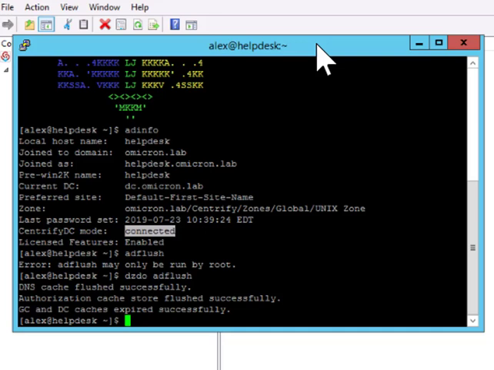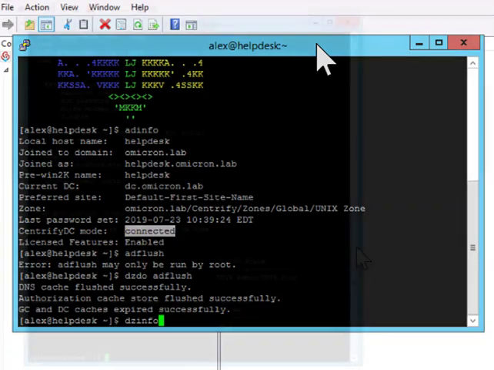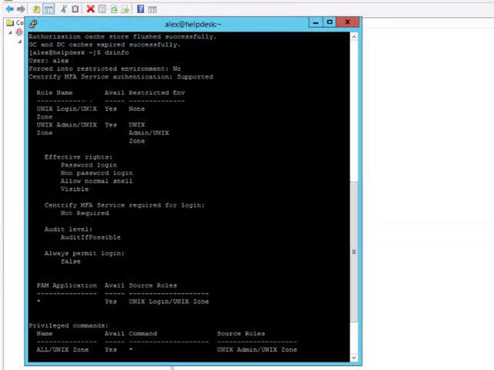So how do we identify what roles and rights have been assigned to a particular user? The tool that we would use for this is dzinfo. Now dzinfo will give us a lot of information related to what roles and rights have been applied. As you can see here, this is going to take the local user, so this is going to be Alex or A Foster, and the roles that have been assigned, which is the Unix login, the Unix admin, the effective rights, whether or not MFA is required for login for this particular user,